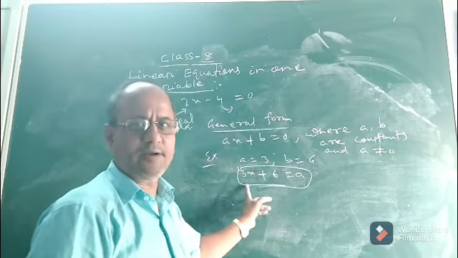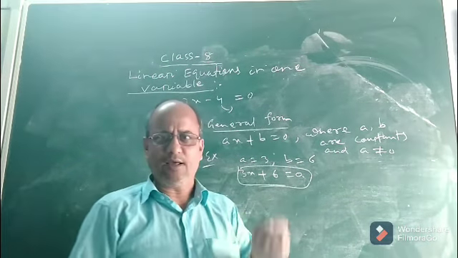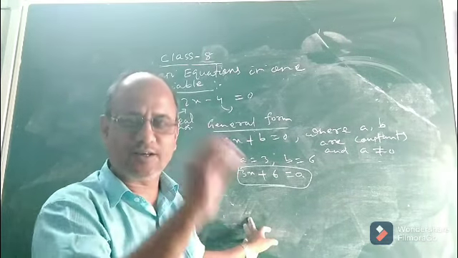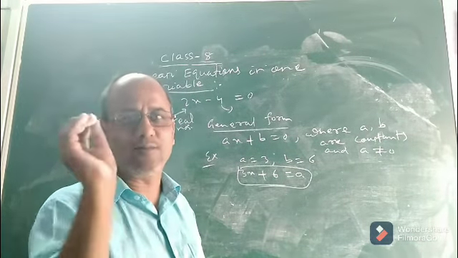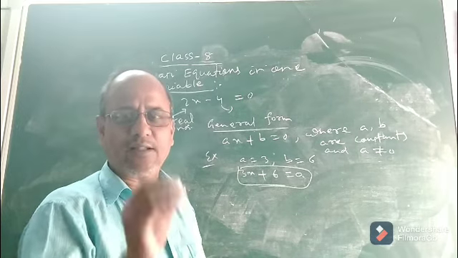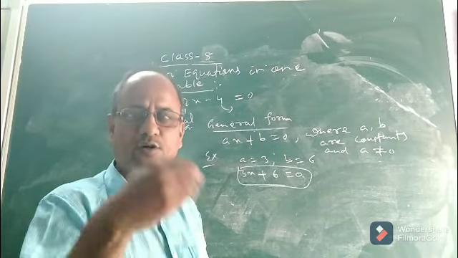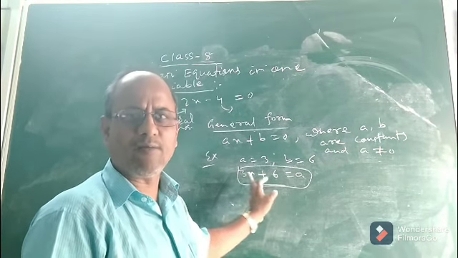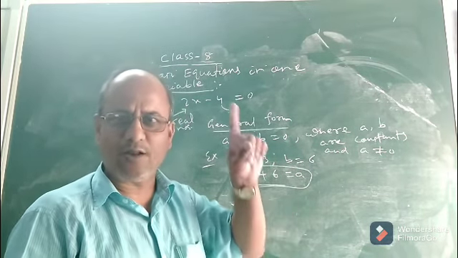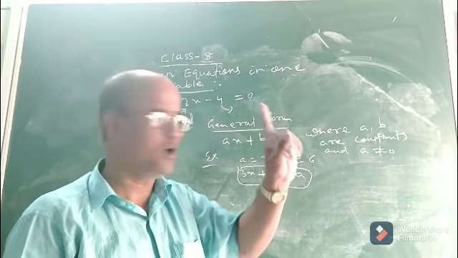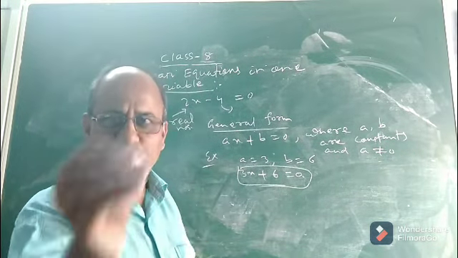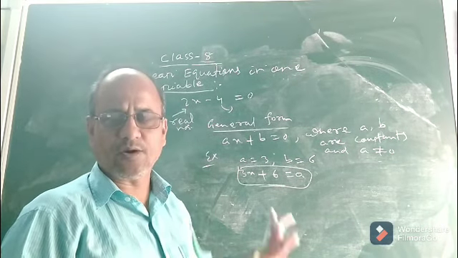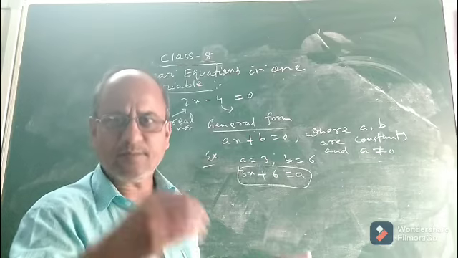Now children, if it is a linear equation, then every equation has some solution. In class 7 also we discussed how to solve a linear equation in one variable. That solution, or root, we can say solution or root. So as it is a linear equation in one variable, how many solutions or roots will it have? You know this thing. It will have maximum one solution or one root. Now you can ask me, sir, what is a solution or root? Yes, it's a question. What is meant by solution or root?